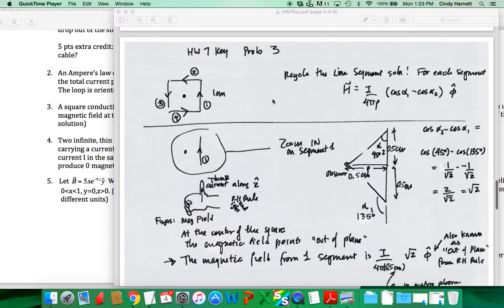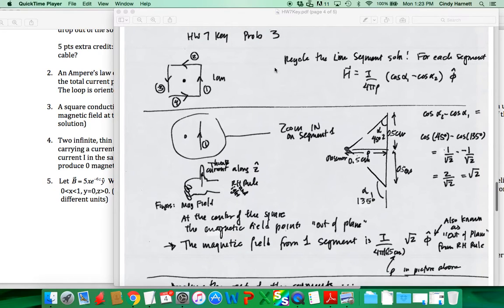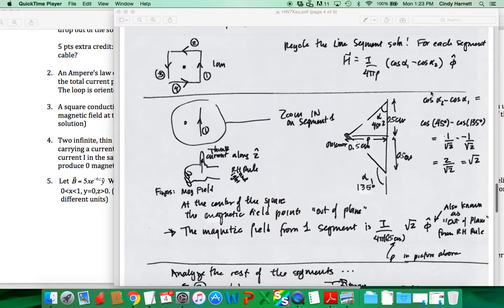Okay, on to problem 3 on homework 7. That one is a recycle and plug and chug solution. You don't necessarily have to remember this solution for the magnetic field due to the current segment, but for questions that might be multiple choice, it's important to remember how we got that by integrating up